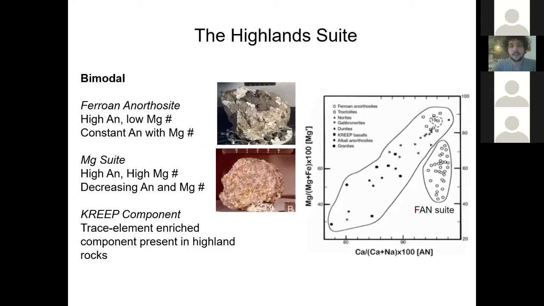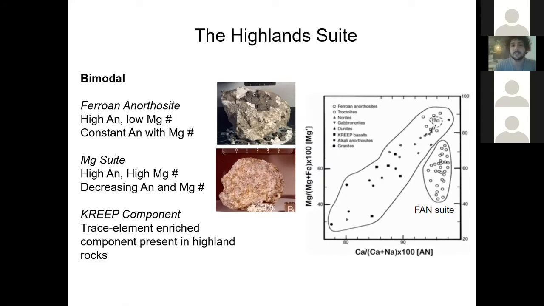There are also some secondary criteria which we're not too worried about here. The other suite of rocks are known as the Highlands suite, and they are also quite distinct chemically because they form this bimodal magmatism in which we have the Ferroan Anorthosite, or FAN, suite. These have high anorthite content in plagioclase, so very calcium rich, and their Mg number, that is their magnesium to magnesium plus iron ratio, decreases at constant anorthite content in these FANs. On the other hand, we have the Mg suite, which extends to higher Mg numbers, but also shows a broad positive correlation between the anorthite content and the Mg number, which is indicative of